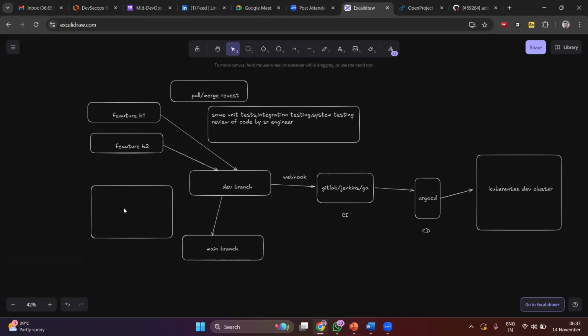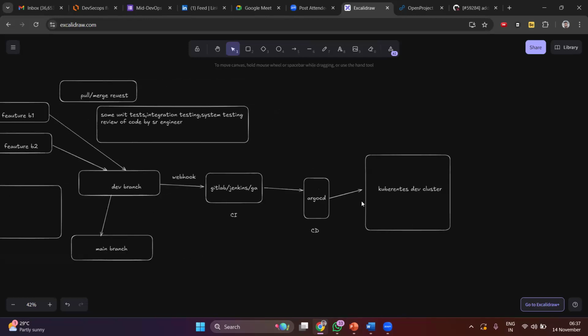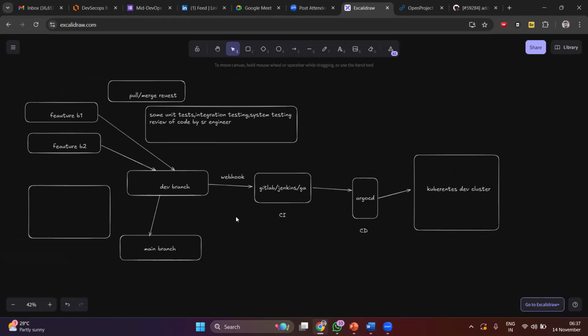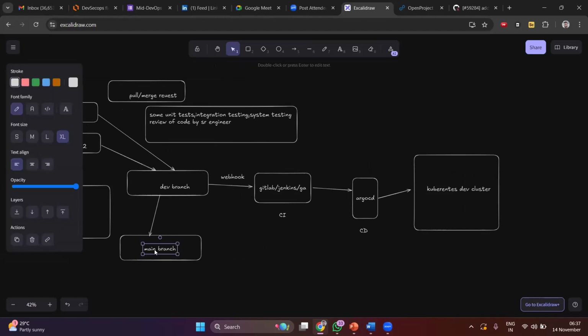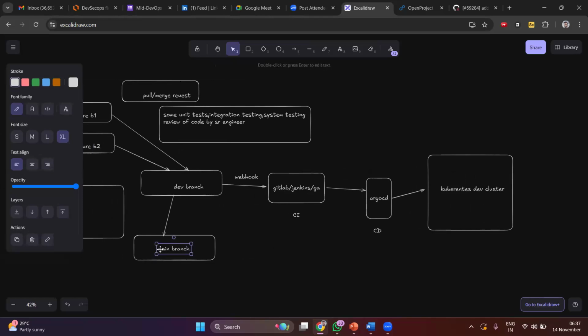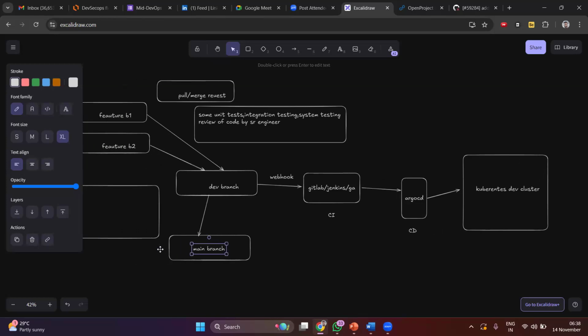So what happens is that whenever this whole testing happens, whenever the deployment happens, your senior engineer will say that, okay, these changes need to be deployed into main branch, right? These changes need to be deployed into main branch via pull request, so that needs to be automated just by approving from the senior engineer. So they will write some scripts or a CI/CD pipeline,